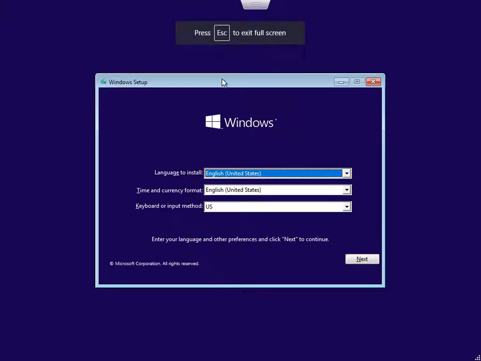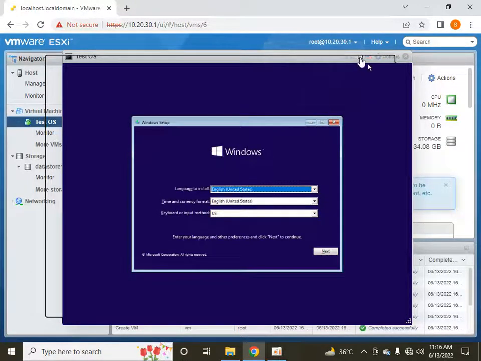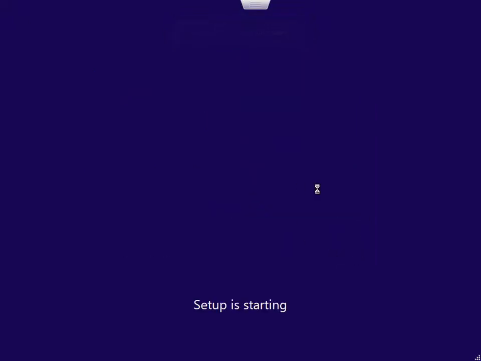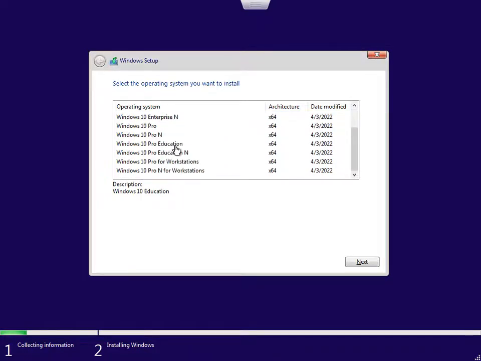You can shift it to full screen, or you can press escape to return back to the small screen. Right now I am going to shift to full screen for an easier user interface. I will click next and I am going to install it, and now you can see that the setup is going to start. After installing the files, the Windows 10 operating system will be created, or in other words we can say that a new virtual machine containing the Windows 10 operating system, I am going to select this one,